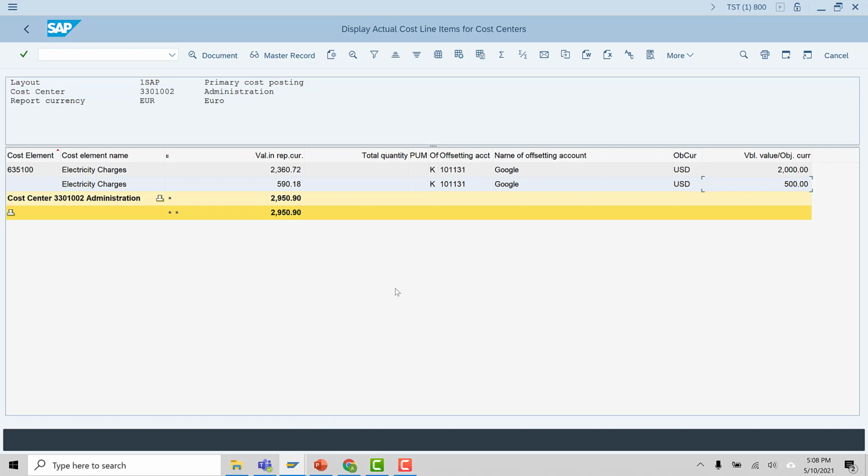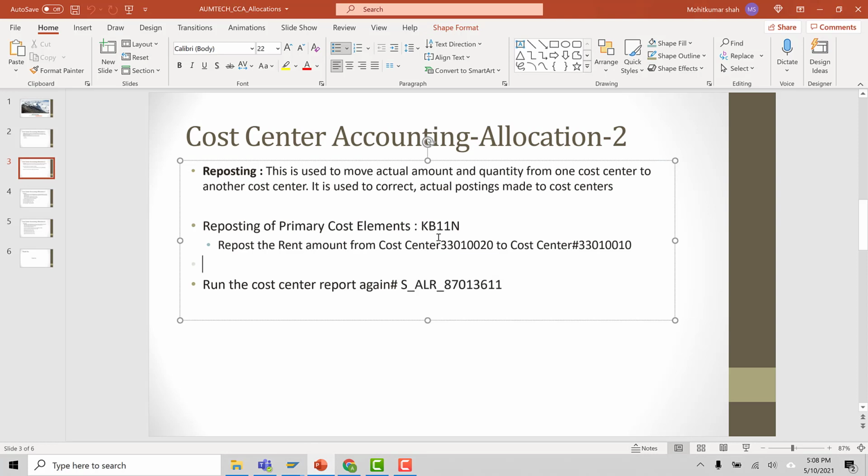As part of reposting, I want to transfer, let's say, 500 US dollar to another cost center. So let's go to the reposting transaction code, which is KB11N.